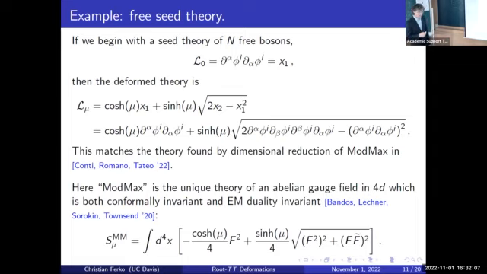So from our perspective, we kind of want to understand ModMax type theories, and this is a toy model for them. But I don't know if there's a deeper connection between this class of 2D theories and this class of 4D theories. There may or may not be a deeper connection because both of them kind of admit a 2-parameter family of commuting flows, the sort of ModMax and ModMax-Born-Infeld theories that I mentioned before. So it may well be that there's a deeper connection that's not yet understood.